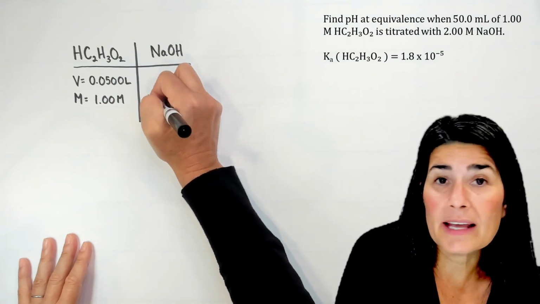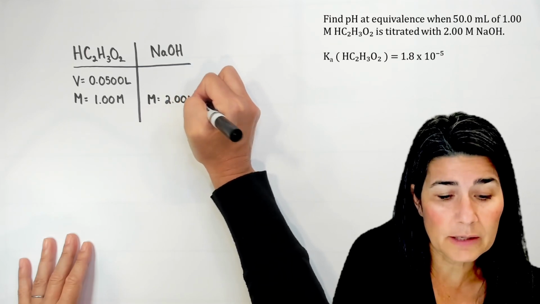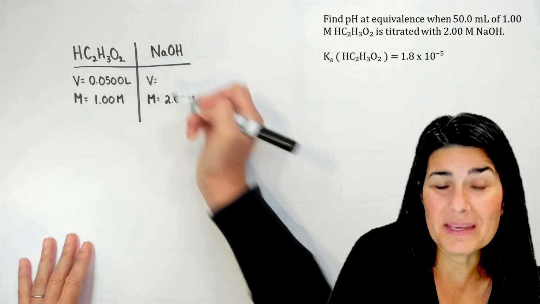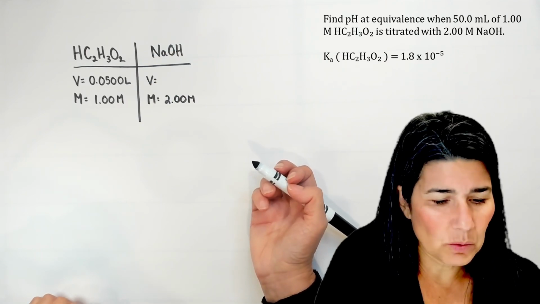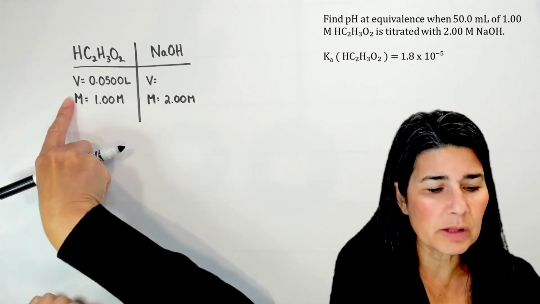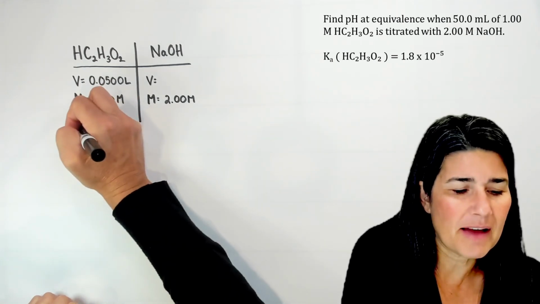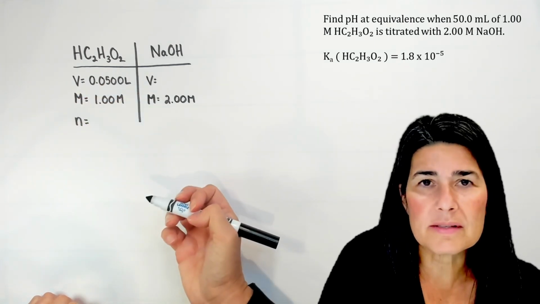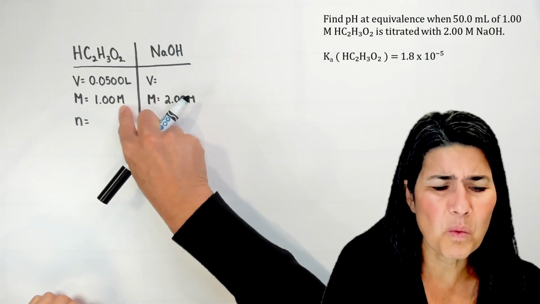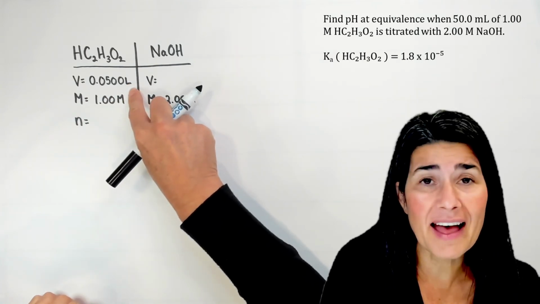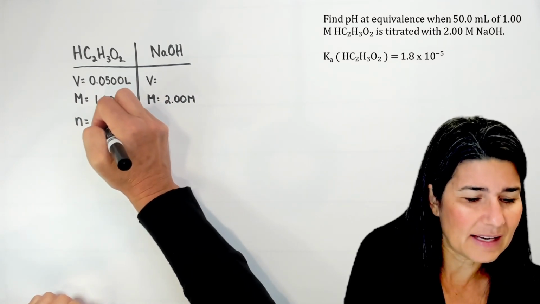Okay, now what else do I know? I know the molarity of my sodium hydroxide is 2.00 molar. I don't know the volume yet. I probably am going to need it. But what can I do with this? Well, if I have a molarity and a volume of my acetic acid, I know I can find the moles. Moles is always molarity times volume. So 1 times 0.05 is simply 0.05. So I can go ahead and plug that in,